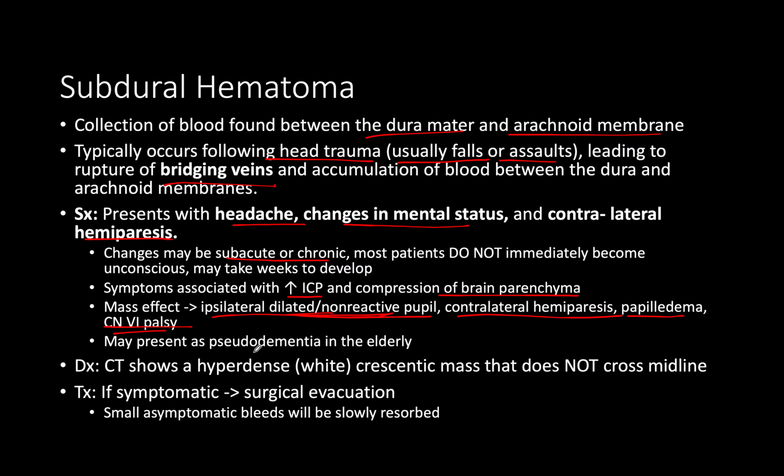Okay. If you have a very slow bleed that's been happening over weeks, you may actually have this patient presenting with a pseudo-dementia, where these patients have a lot of those symptoms of dementia and may go undiagnosed. This hematoma may go undiagnosed until we have an actual uncal herniation, right? And then we have a severe, big problem.